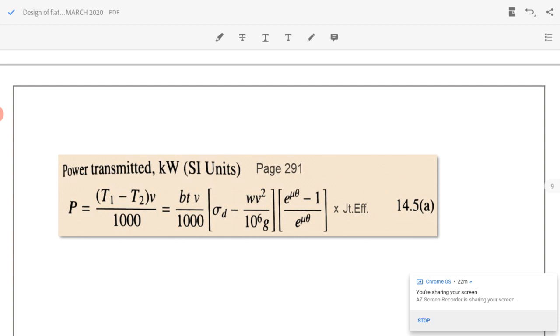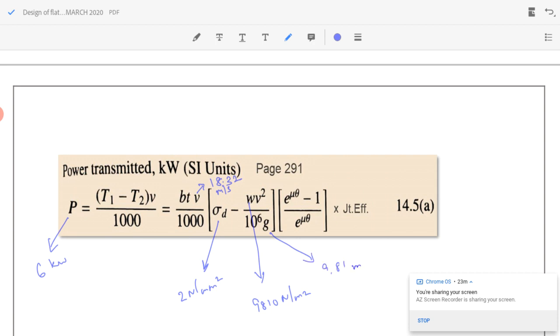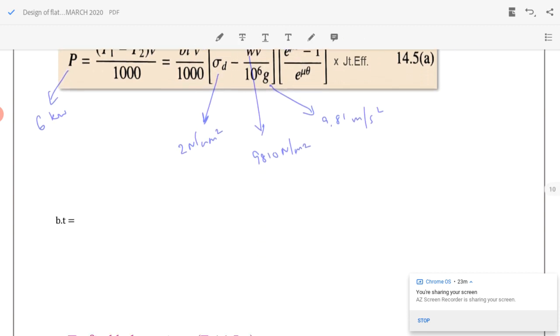So power, value of power transmitted equal to 6 kilowatts. Power equal to 6 kilowatts. Bt is unknown. Velocity equal to 18.32 meters per second. Sigma d equal to 2 Newton per mm square. W is the weight density, 9810 Newton per meter square. G equal to 9.81 meter per second square, and e raised to mu theta will be equal to e raised to 1.0238, and e raised to mu theta will be equal to 2.78. After substituting all those values, we will get the value bt equal to